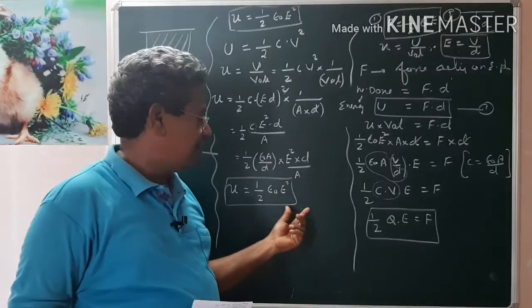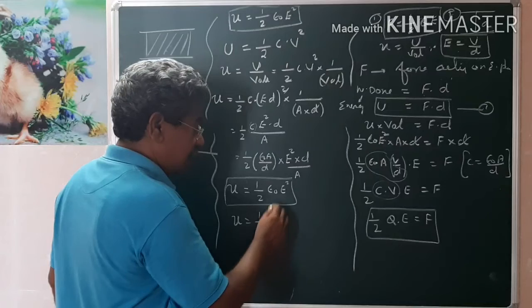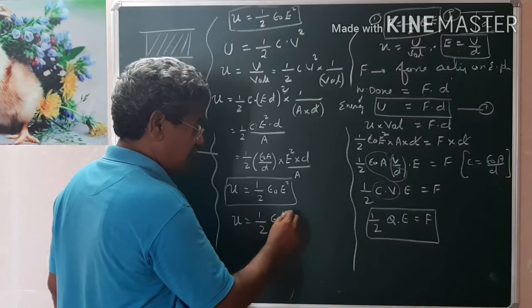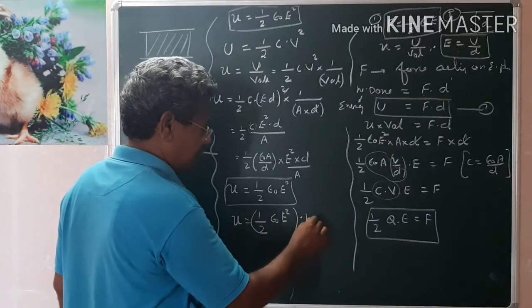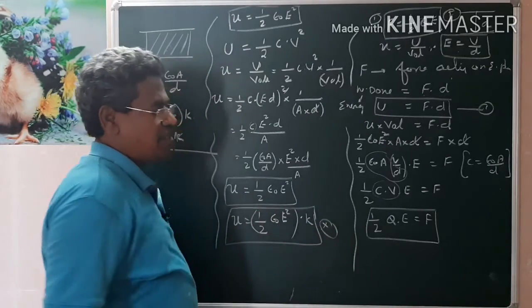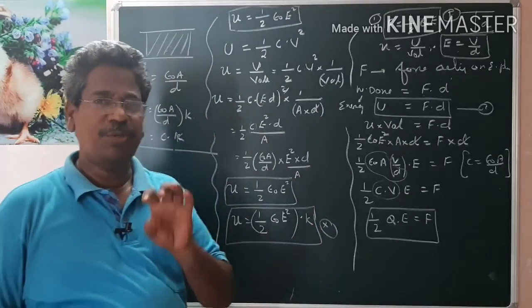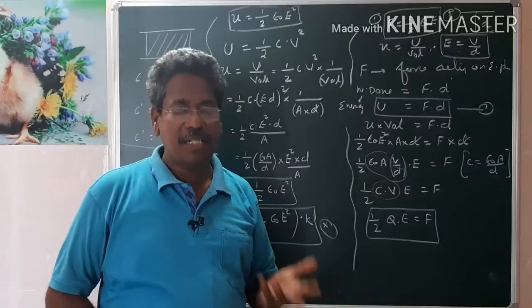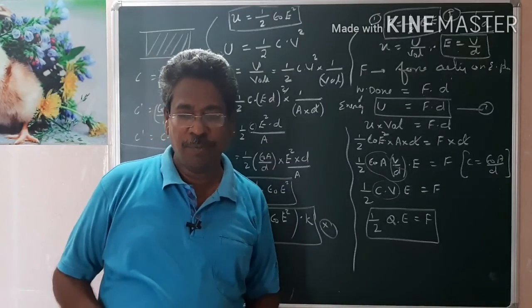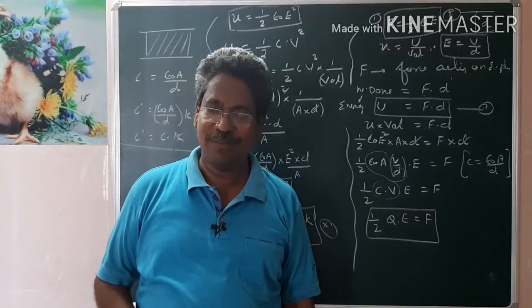Suppose it is filled with a medium, this epsilon naught becomes epsilon naught into K. Therefore, due to the introduction of the dielectric constant, this also increases by K. That also you can prove. So this is a simple concept. Just take 9 to 10 minutes to understand the concept. It itself will help you to solve certain problems based on this concept. I hope you understood. Rest we will discuss in the next class.